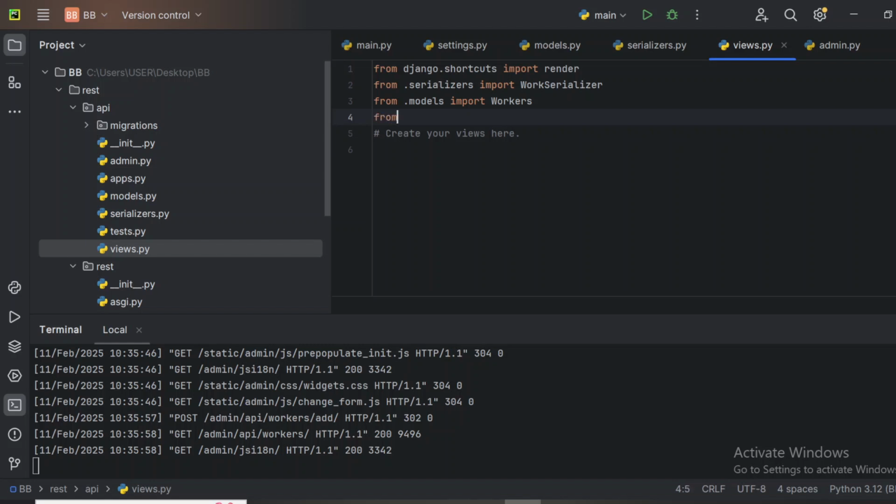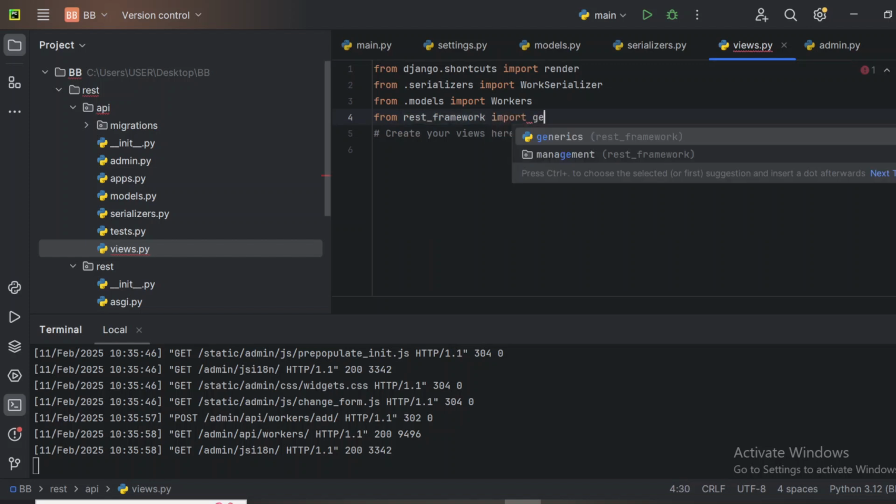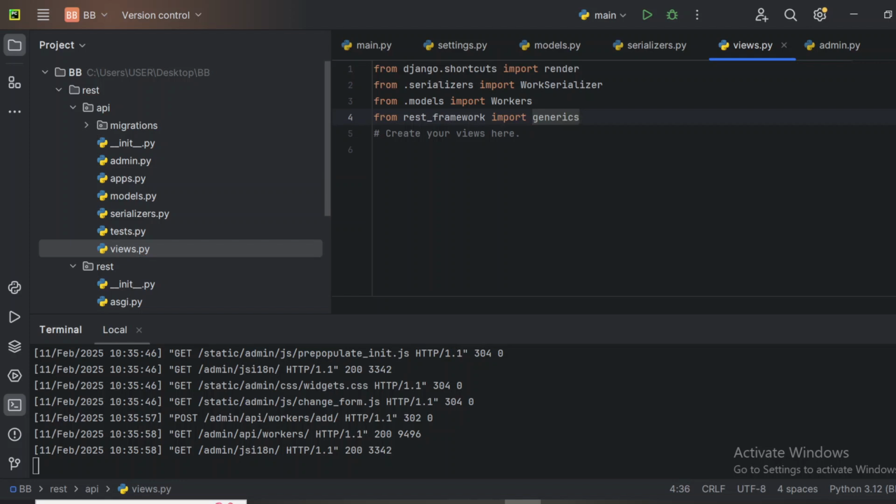So how do we do that? From rest_framework import generics. Because here we're going to be making use of class-based view. I know the normal way to do this with REST framework, you can make use of function-based view, but I want to use class-based view for this tutorial because I find it quite easy and faster for me. The function-based view, that's when you create your def, you will do your thing, but I want to use class-based